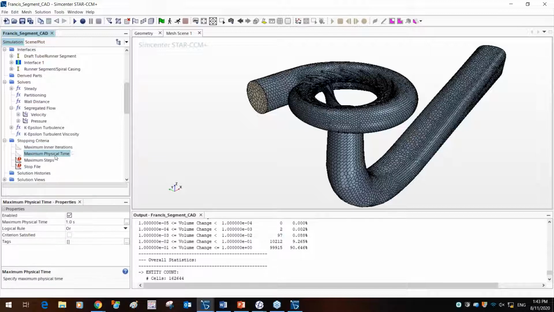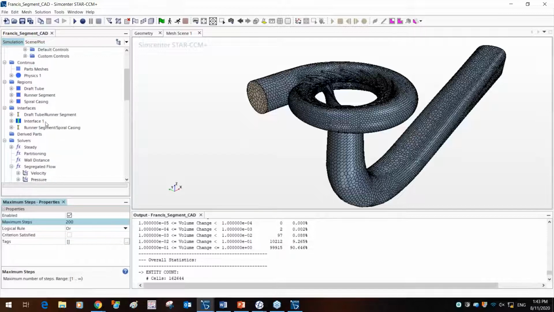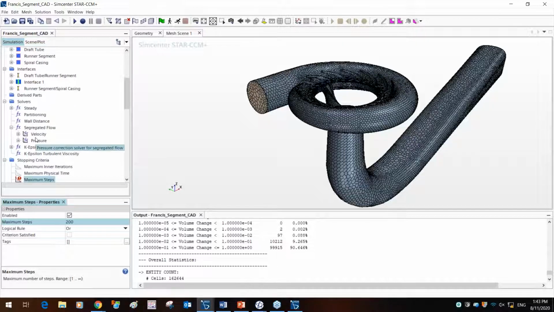This is for the inner iteration maximum time step. As you can see, they're deactivated as they will not be used since we have a steady state solver. But in terms of maximum steps, let's, for example, set this to 200, and that's it. So the solver settings are pretty straightforward, not too complex. Based on whatever settings or physics you've activated, the solvers will appear out here.